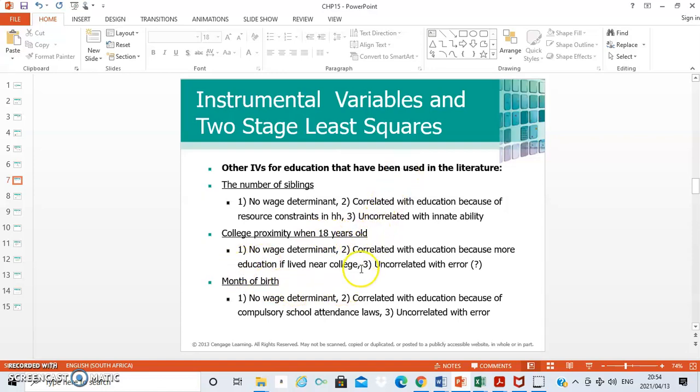So what we are trying to demonstrate is that it's very difficult to get a very good instrumental variable. It's very, very rare, and that's basically one of the downfalls of the instrumental variable approach, and that's why most people would rather resort to two-stage least squares, and we will get to that